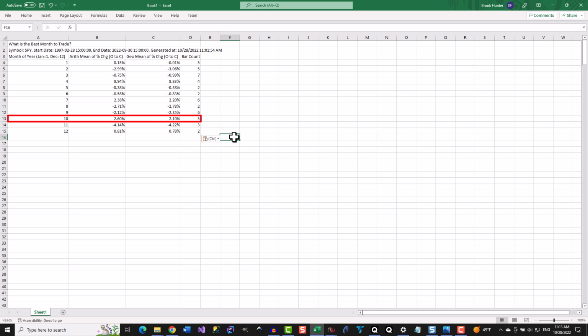So October was a good month for long positions generally, and October was a good month for long positions in the 5 years since 1997 whose market conditions were similar to the current market conditions at the close of the September 2022 bar.